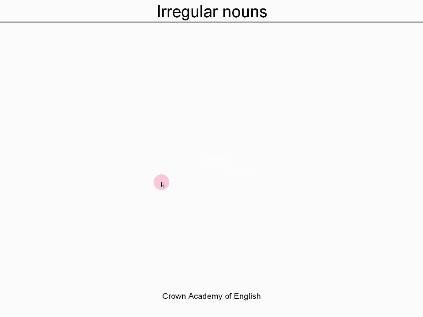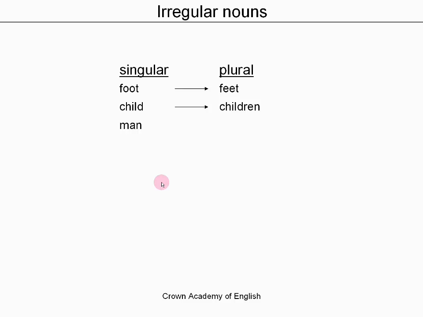And irregular nouns. There are some nouns in English which do not follow any rules at all, and you simply have to learn these nouns. They are completely irregular. So foot, feet, child, children, man, men, woman, women,